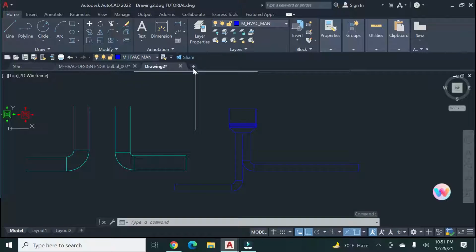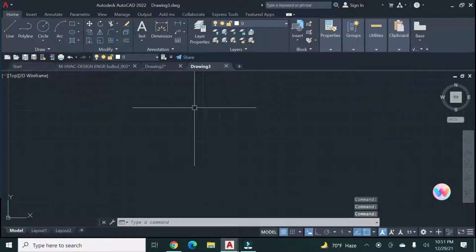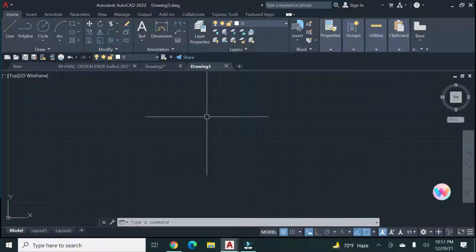Since I want to show you a new page and how to draft inside the new page, I need a new page right now. I click here. First, I will show you the settings and how to set them before starting your draft, because it's the most important. You set the drafting unit and the page scale. The page scale setting depends on your drafting measurement, width and height, I mean your drawing size.